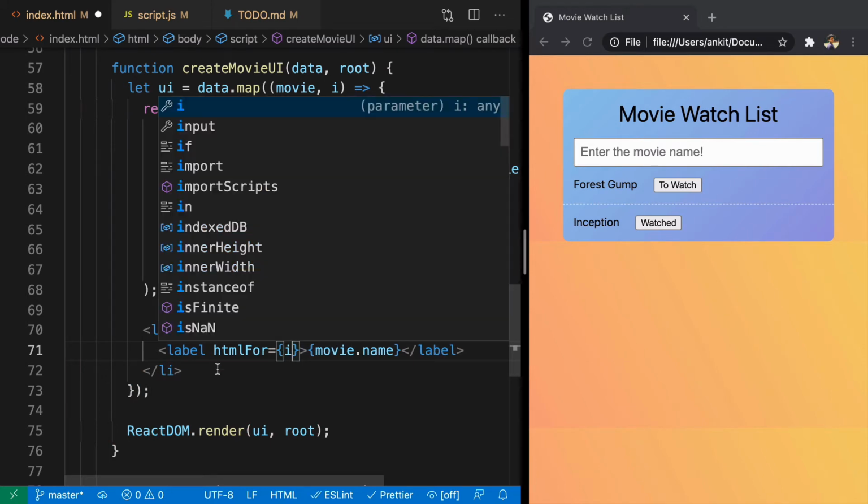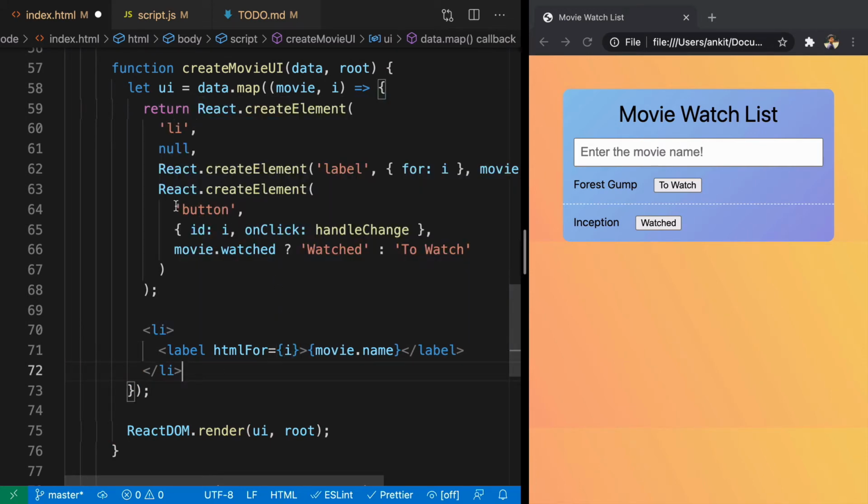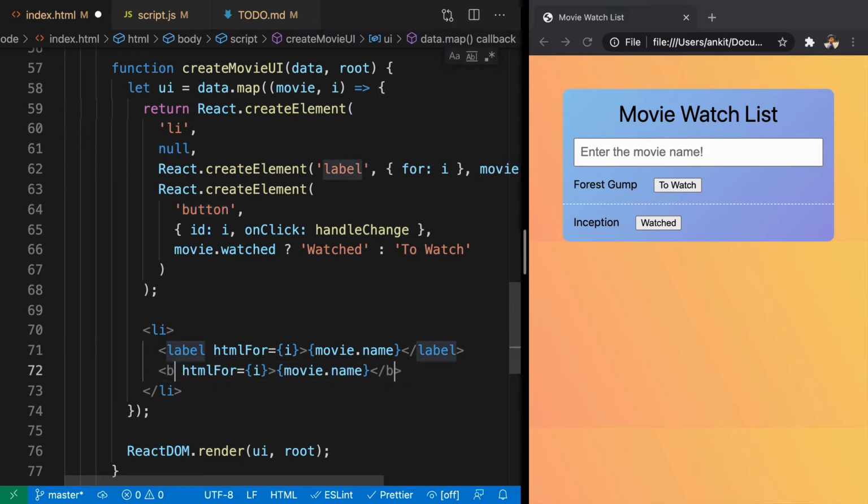i, right? Similarly, we also need to write the button element. So we'll copy it, change label to button, and the value of the button depends on whether the movie is watched or not. Whenever we are writing JavaScript, you can write it in curly brackets in JSX. We also need to pass id and onClick.